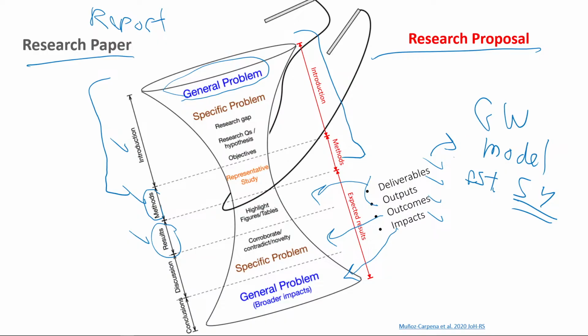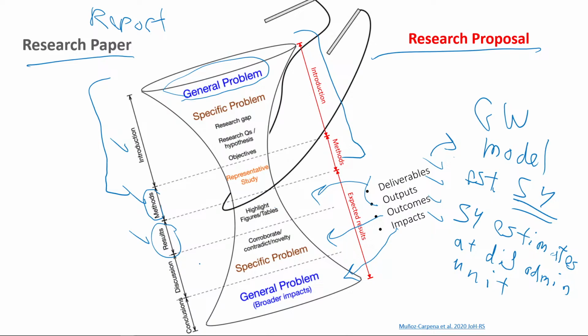What would be the output? The output would be the immediate result. That would be the sustainable yield estimates at different aquifer units, different admin units. So for each admin unit, I will have a different sustainable yield. That would be the output, the immediate result, and that would be part of your results and